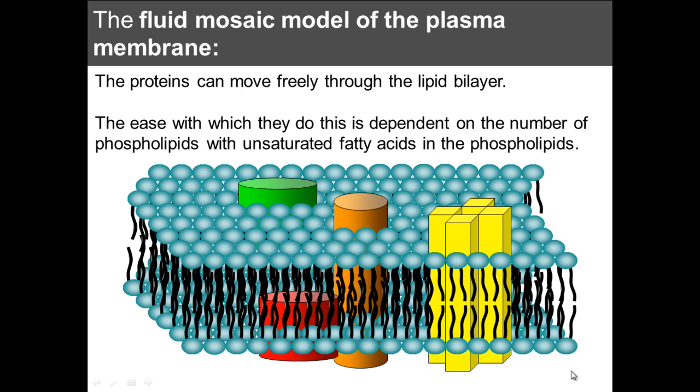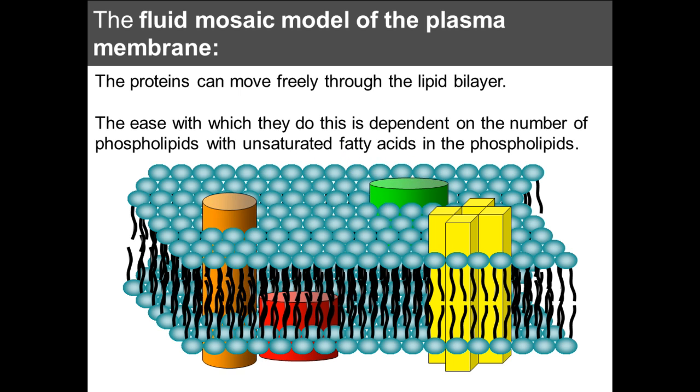A phrase you may have heard used to describe the plasma membrane is the fluid mosaic model, and the reason for this usage of the term fluid is because the proteins and some of the ion channels that sit in the plasma membrane are able to freely move around, hence the phrase fluid. The ease at which they do this is dependent on the number of phospholipids with unsaturated fatty acids. An unsaturated fatty acid is one that doesn't have its full valency filled up. And so as you can see, some of the plasma proteins in the phospholipid bilayer are free to